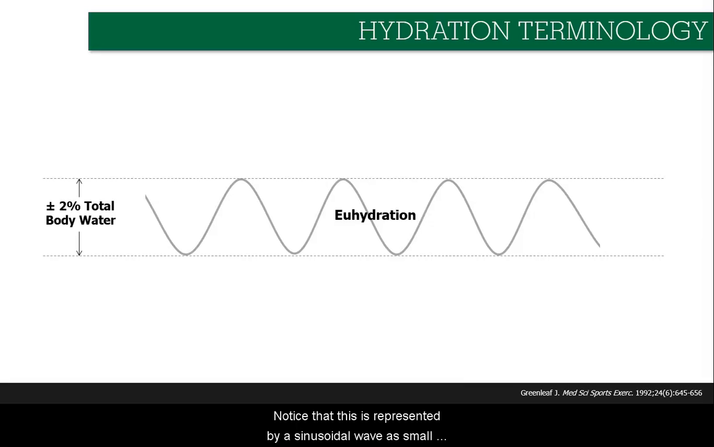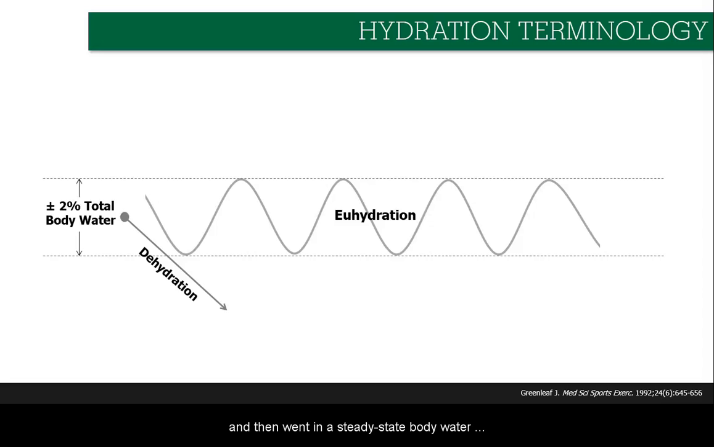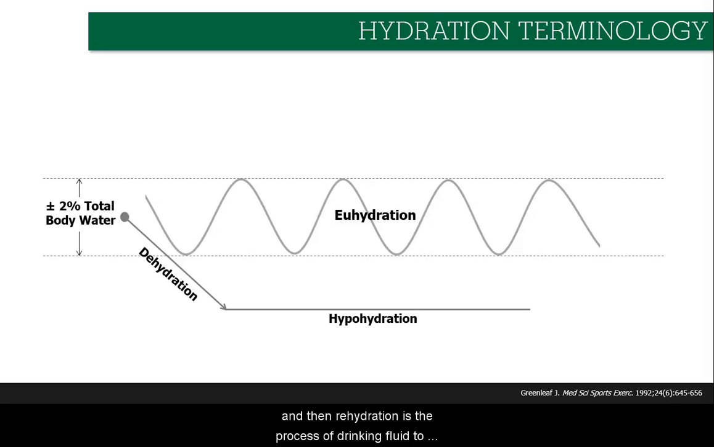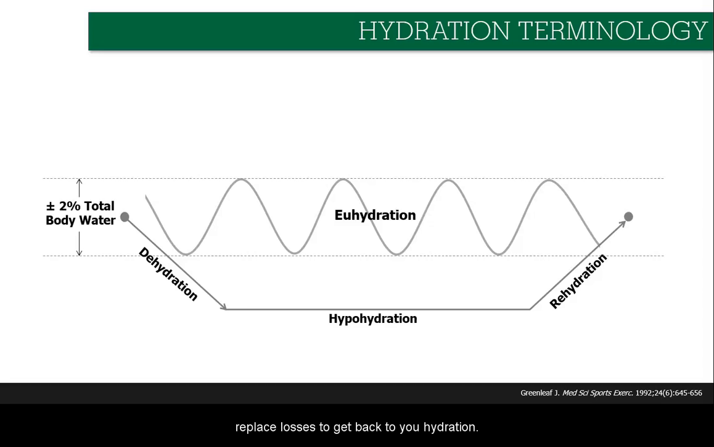Notice that this is represented by a sinusoidal wave, as small fluctuations, fluid loss, and fluid intake are expected throughout the day. The amount of fluctuation that can occur is up to about plus or minus 2% of total body water. The process of losing body water is called dehydration, and then when in a steady state, body water deficit, that is called hypohydration. And then rehydration is the process of drinking fluid to replace losses to get back to